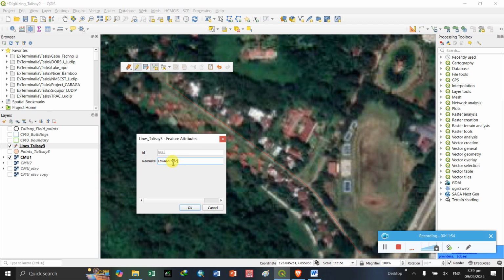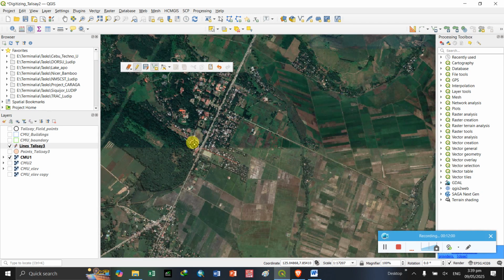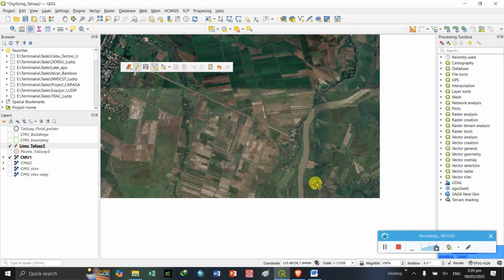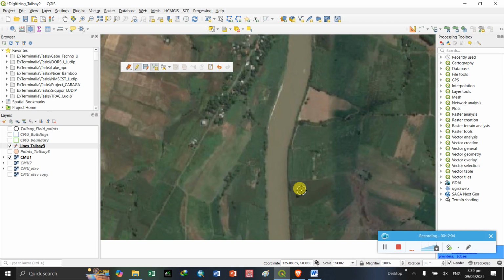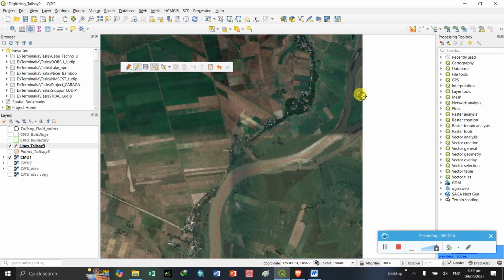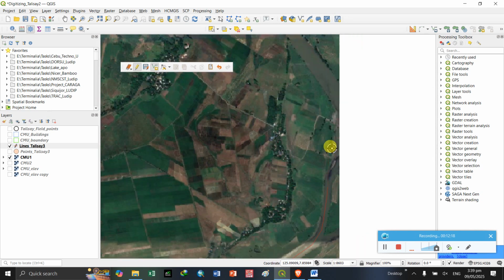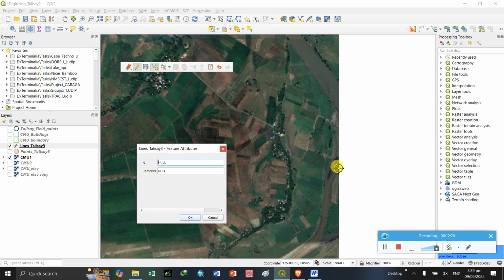So you can choose any of the roads that you want, and then I need to have a river. Okay, so this is the river, Pulangi River. Okay, click, click, click, then okay, then right click, Pulangi River.